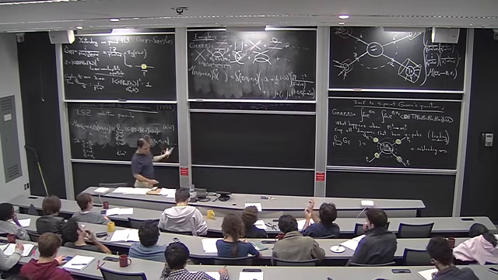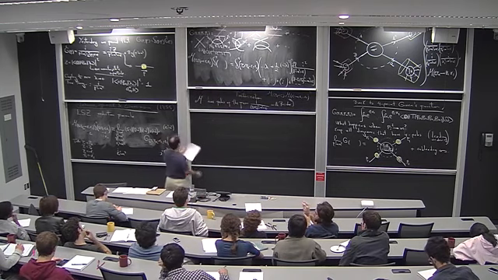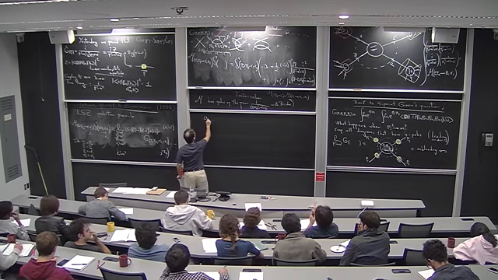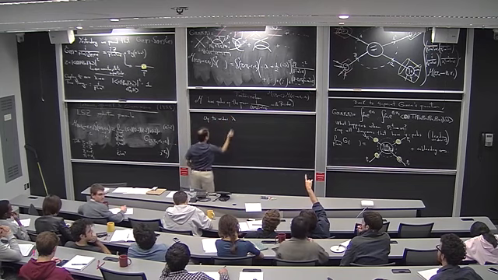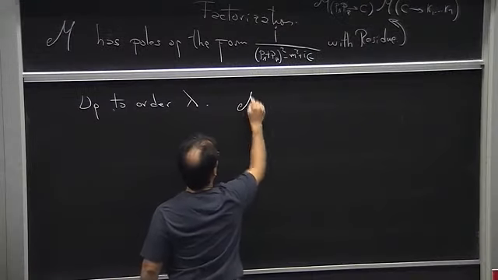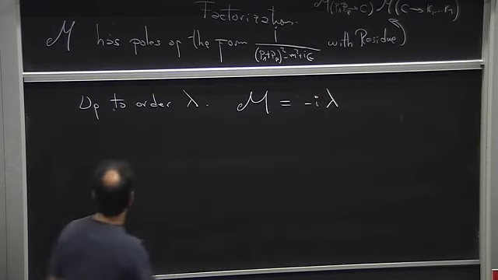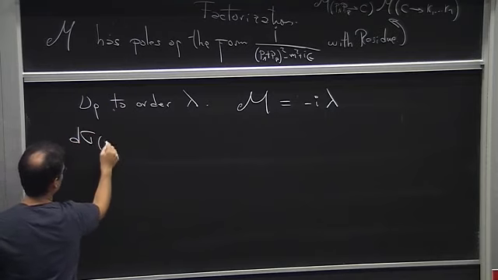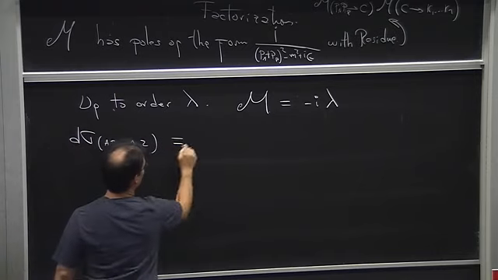So let's conclude this part by saying, well, to order lambda, M is minus I lambda, and therefore,